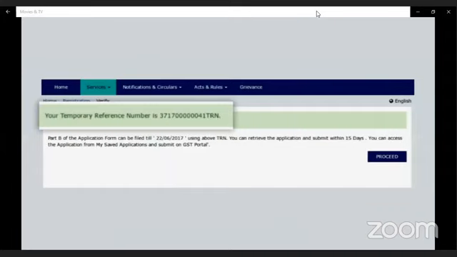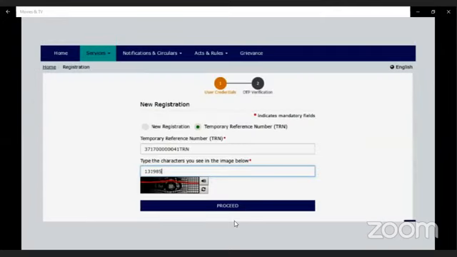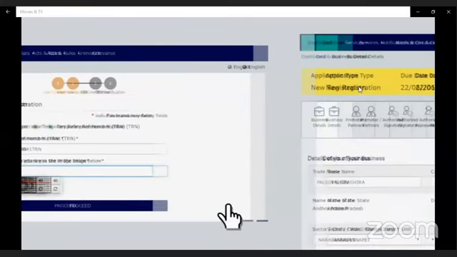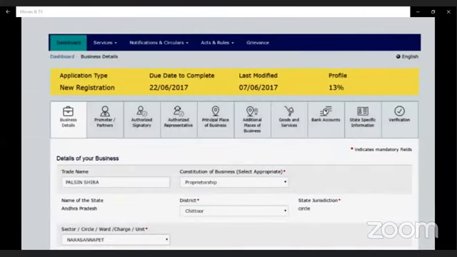You can use this TRN for proceeding further. An OTP will be received again on the phone and email. After entering CAPTCHA, the main application shall open with 9 different tabs and one verification tab for the convenience of